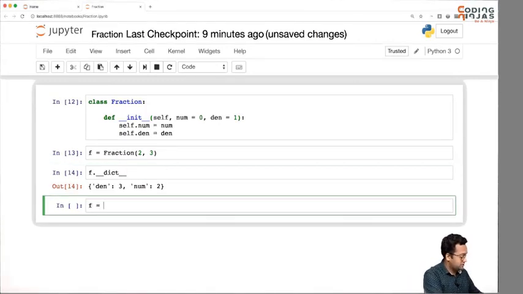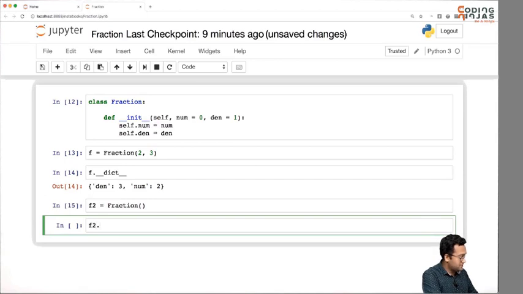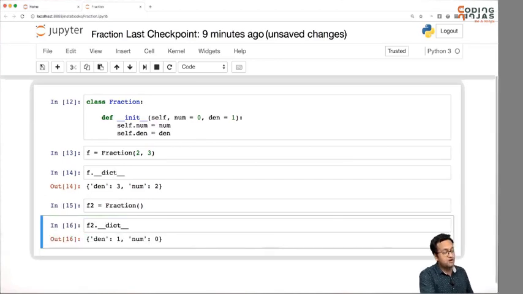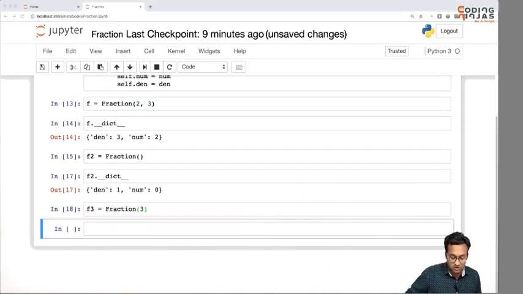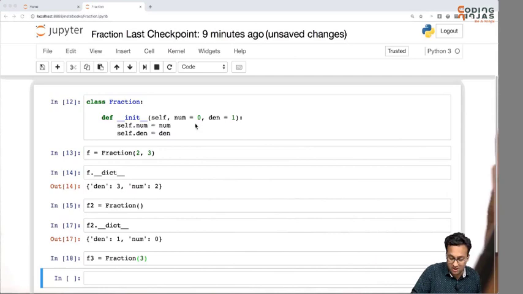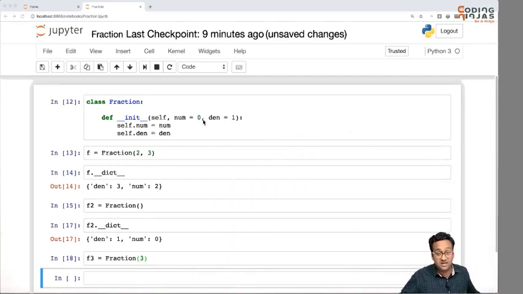But if I want to create a fraction which does not take any argument, let me call it f2, f2 will take both these values as default, so the denominator will be 1 and the numerator will be 0. And now, if you create another fraction and you just pass one value, the first one will be used. So effectively the numerator will become 3 and the denominator will stay at 1, which is exactly what we wanted.